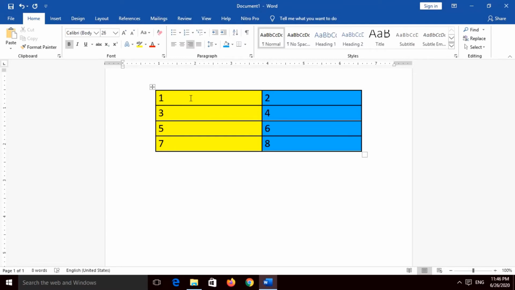Now these cells, columns and rows are made by the black lines given. Now these lines are called grid lines. Using these grid lines, a table is made.